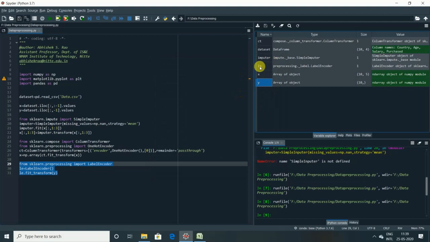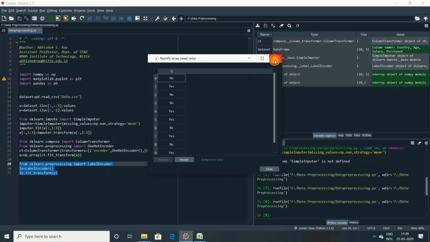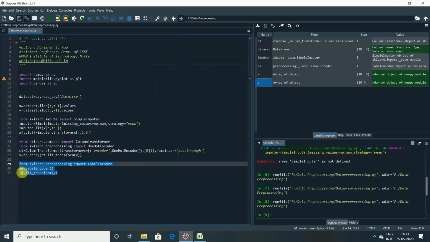You can see that the le variable has been created, and definitely it has converted the dependent variable into 0 and 1. Since we have not assigned it to y, you still see no and yes in y. We have not updated it in y here. But we have done the procedure of label encoding here.